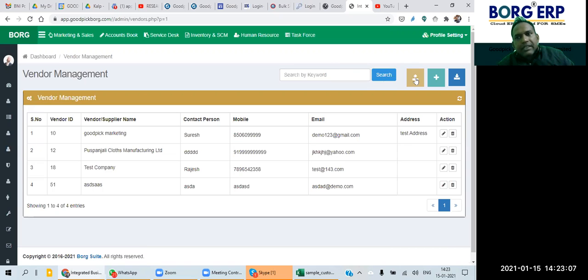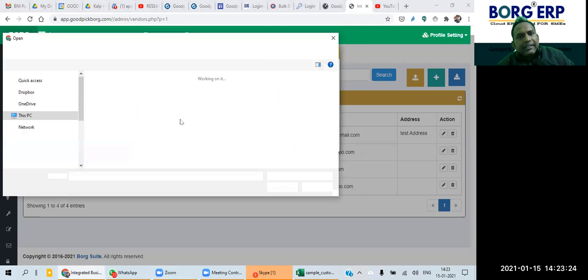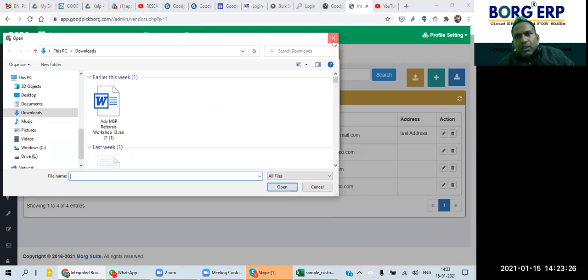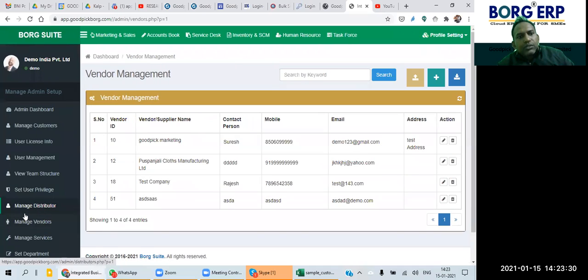So there is a bulk upload option there, just like for customers. One format will be downloaded. We can enter the details in that particular format, which will be a CSV or Excel sheet, and click on choose file, then select that file and upload it. So we can upload in one go. So there are two things we have now.